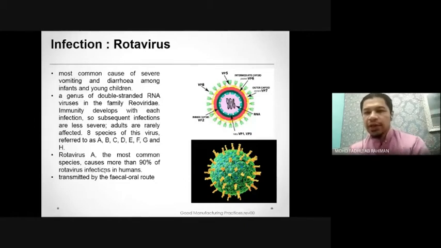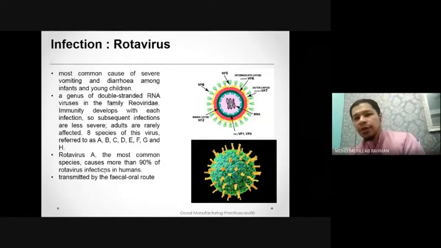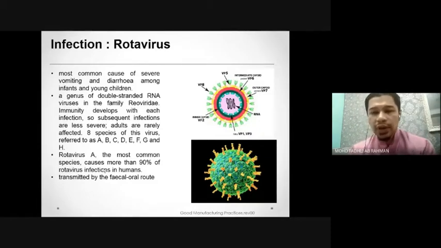Adults are rarely affected. There are 8 species: rotavirus A, B, C, D, E, F, G, and H. Compared to other species, rotavirus A is the most common because it causes more than 90% of rotavirus infections